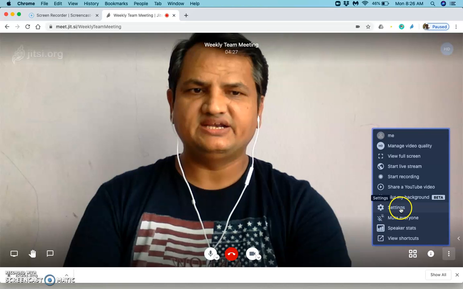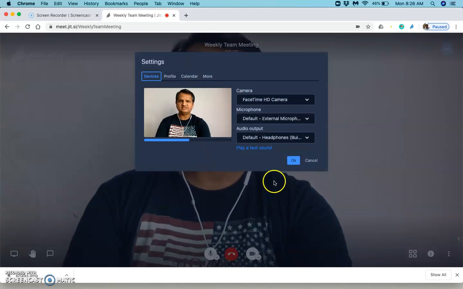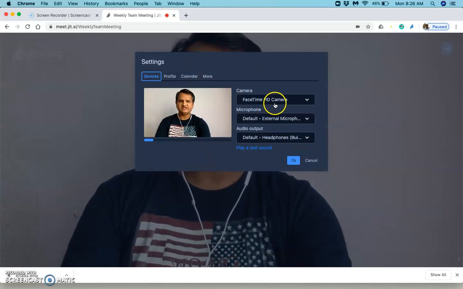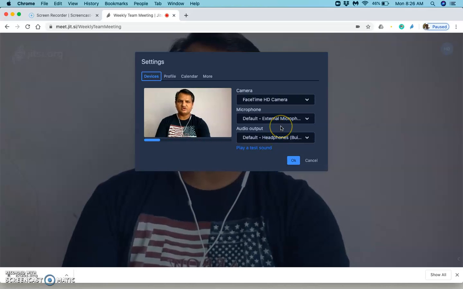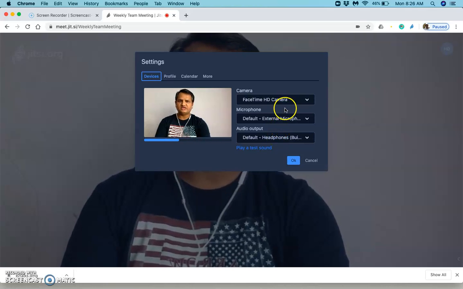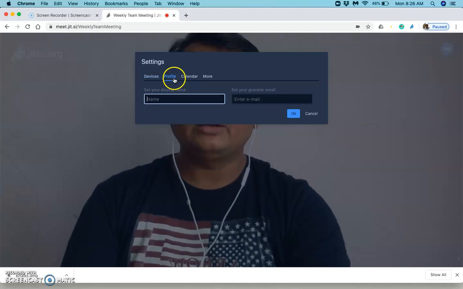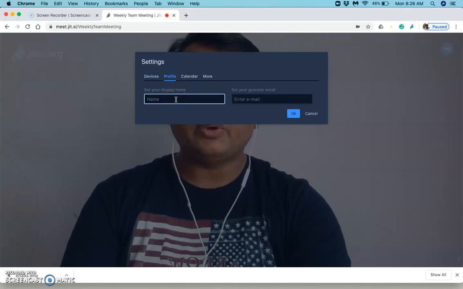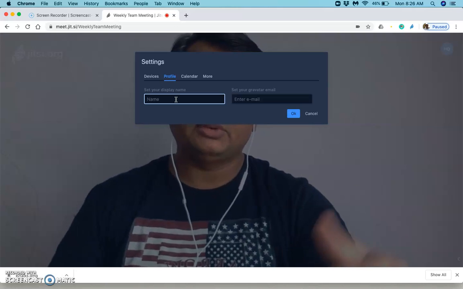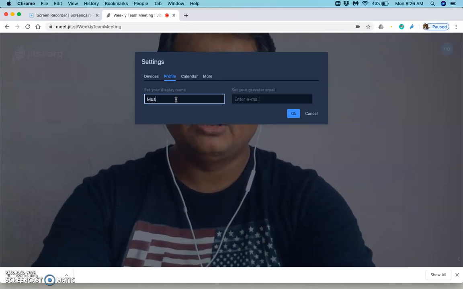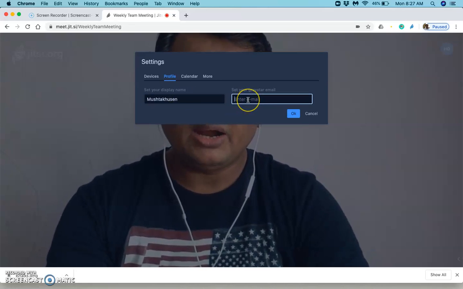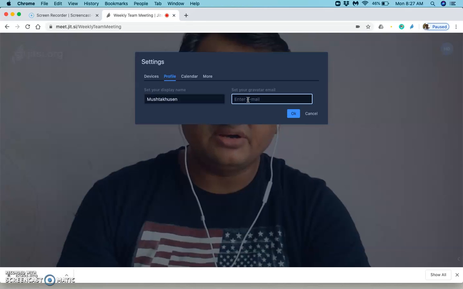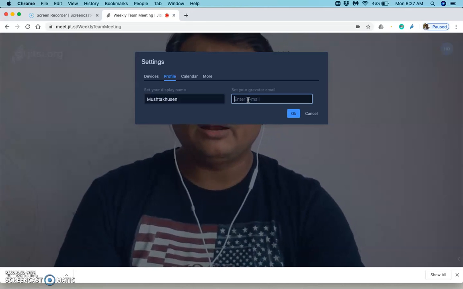Then the next option is setting. In setting, you can see you have some settings for camera, microphone and audio output. If you think the current setting is not appropriate, you can change it. Then you can change your profile, or write something about your profile. For example, I write my name here. Then if you want to add your email address or set your Gravatar email, you can add it